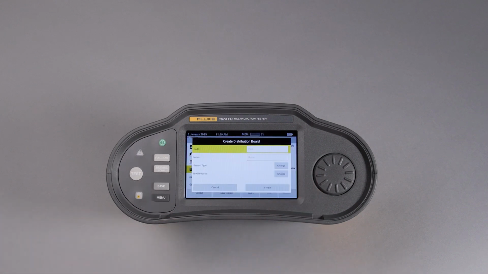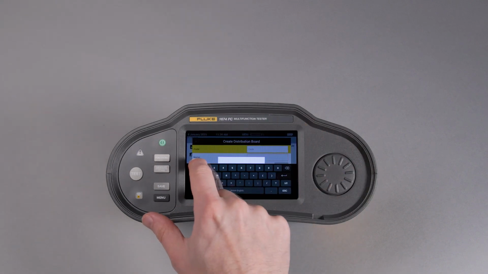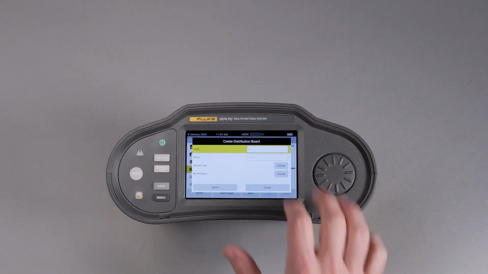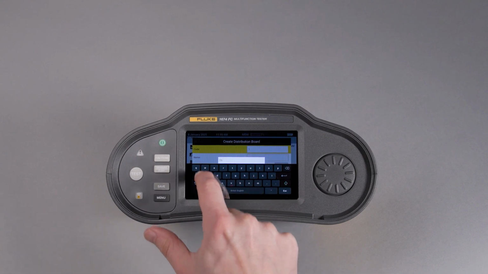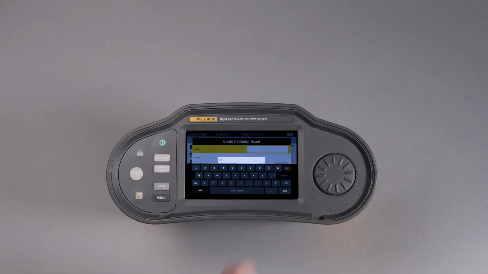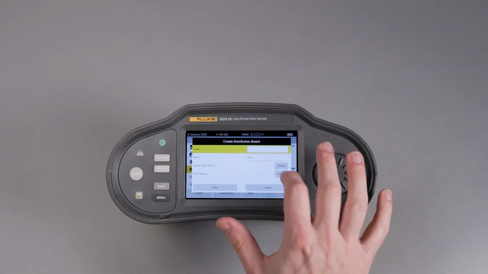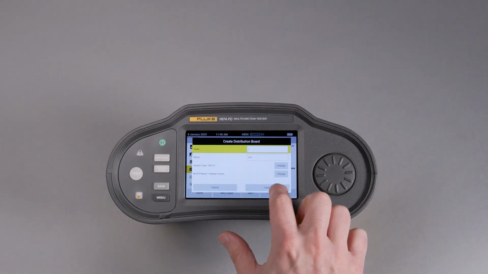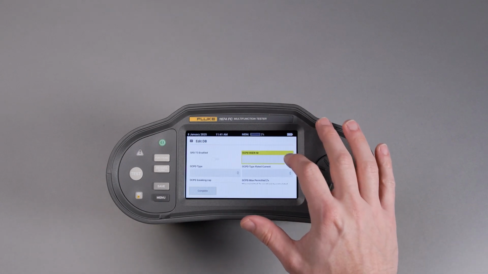Jumping to adding distribution boards to our project, select Distribution Boards and use the Add function to fill them in. Once again, we're able to add a unique code for this particular distribution board, a name, and then we can select our system type and the wiring type, as well as additional metadata about the distribution board, like the type of RCDs, conductors, or the number of points.